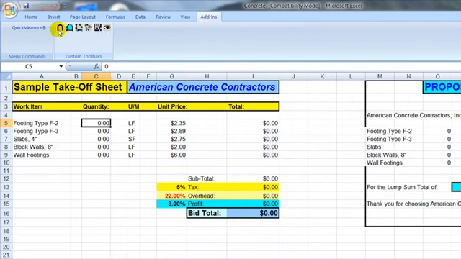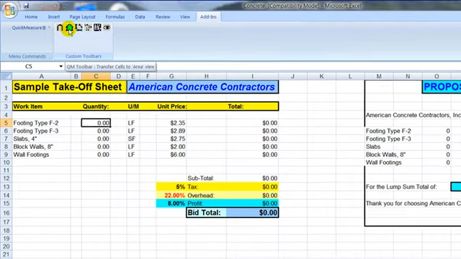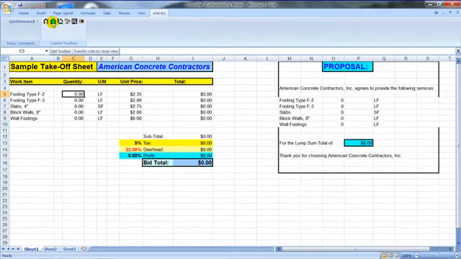This button right here allows you to do linear footage measurements. It's good for doing footings and walls, anything by the linear foot. This button right here is for measuring square footages, which is good for slabs if you're looking at a plan view overhead, or you can also do wall elevation takeoffs as well by the square foot. This button here is for taking off linear footages in sections or segments, which is good for doing footing runs, for instance. This button here is for doing item counts off the PDF file in case we need to count